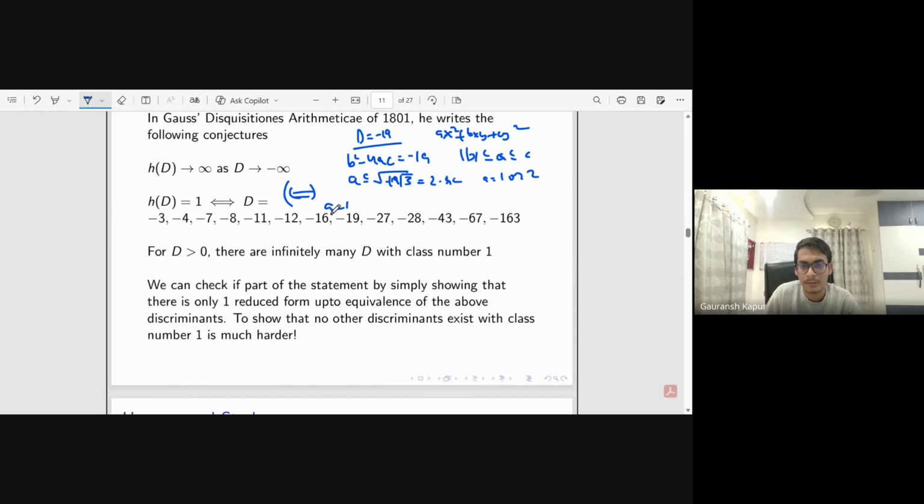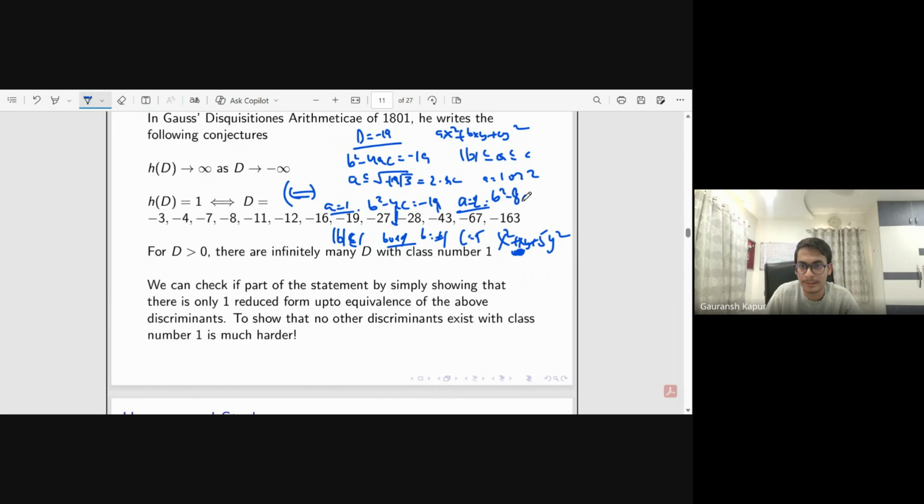If a is equal to 1, then b square minus 4c is minus 19. And we also had this condition, remember, mod b is less than or equal to a. So mod b is less than or equal to 1. And this condition tells you that b must be odd. So b is plus or minus 1. And if you put that here, you get c is 5. So one form we get is x square plus xy plus 5y square, plus or minus, in fact, but these two forms are in the same class, you can check. And if we put a equal to 2,